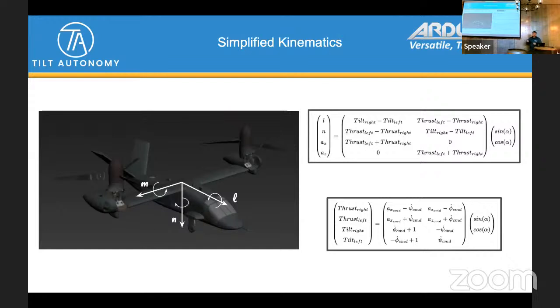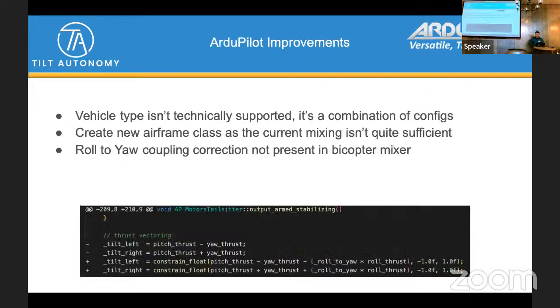In this specific case, it's differential collective to produce a rolling moment. As you can expect, one collective goes down and one collective goes up, and what that does is produce an asymmetric yaw moment. So those two modes are coupled. Typically what you can do is measure your roll force and then feed that forward to correct for it. So I just created a quick little patch. It's pretty straightforward. You can see what it looks like there.